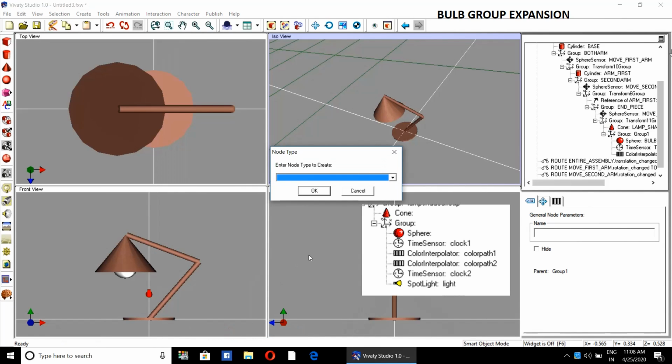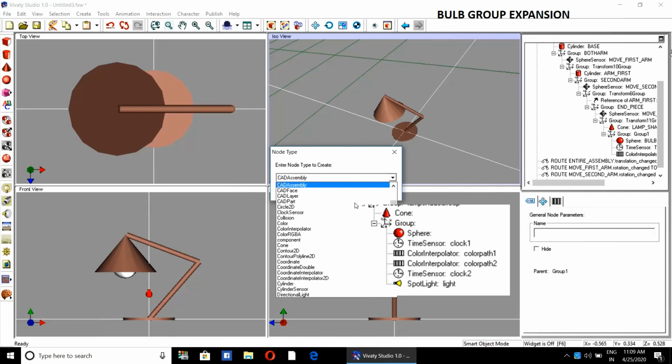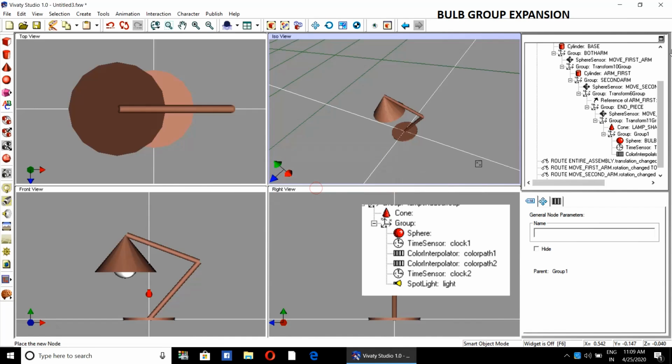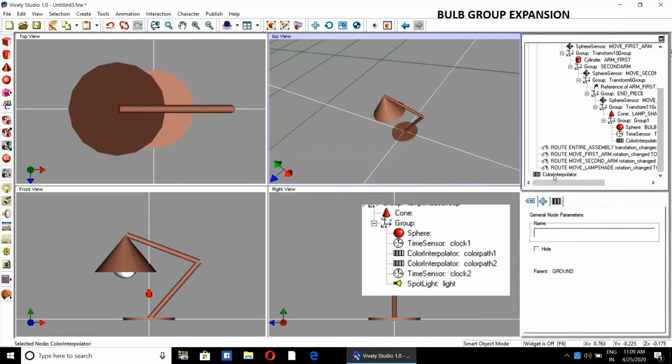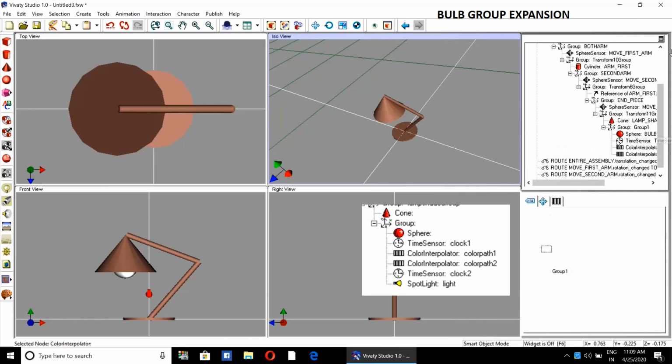To add another, we will require two color interpolators and one time sensor. You just type the spelling to search for the color interpolator. Here it is. Alternatively you can copy it, but I don't know whether it will work or not.